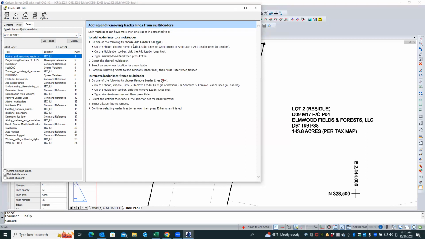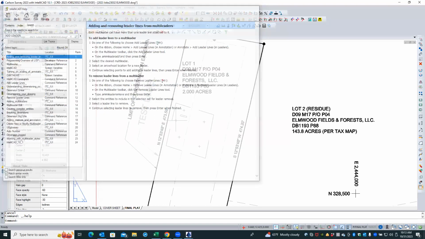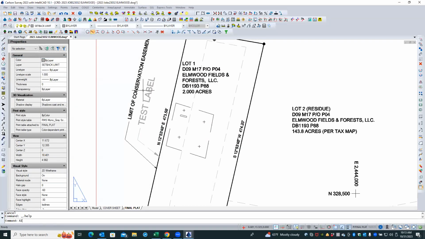To add leader lines to a multi-leader, one of the following: choose the Add Leader function on the ribbon, Home, Add Leader, the multi-leader. Type MLEADER ADD. That makes sense. All right. So now you simply select the multi-leader, and